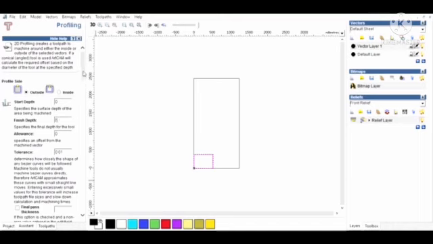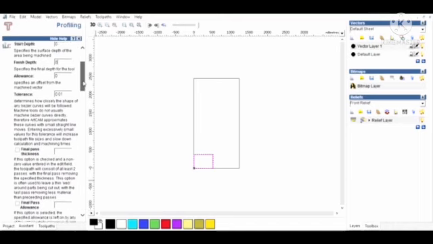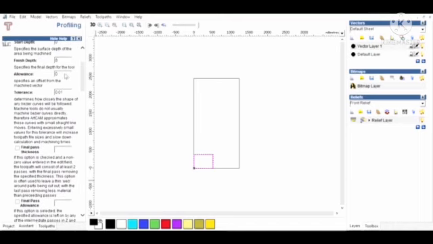Then allowance we will make 0 here. Allowance means, now I give finish depth 2 there, and if I give 4 here, this software will read only 4 mm. Allowance means 4 mm will not be read, it will cut only 4 mm. So allowance I make 0,